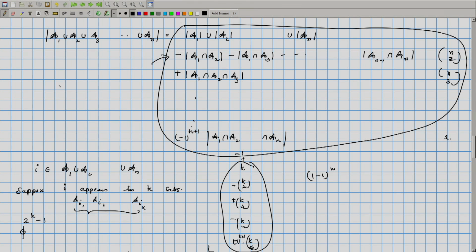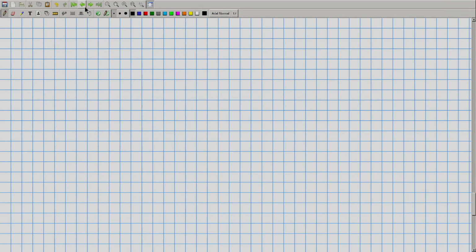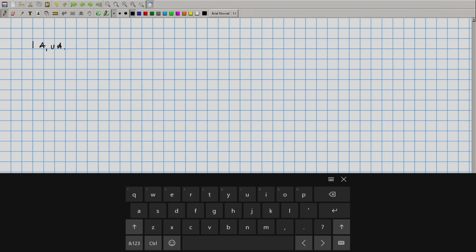Whereas on the left hand side there are just n terms. So, that is why the formula looks really complicated. We will try to write it in a simpler way. What we will do is organize the subsets in terms of their size. So, the size of A1 union A2 union An